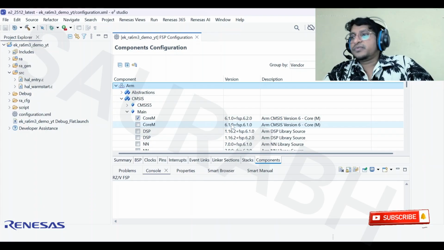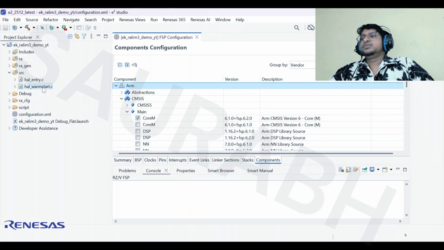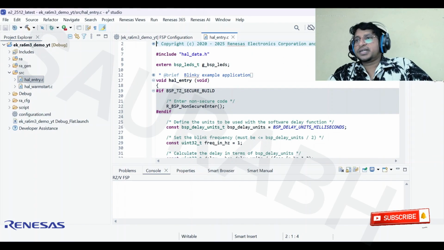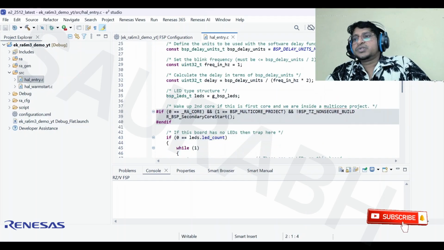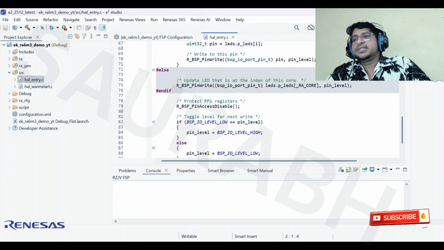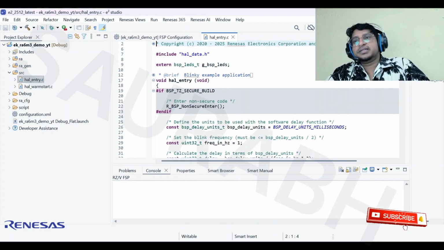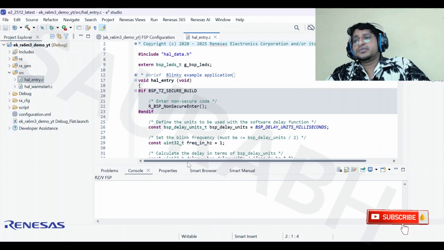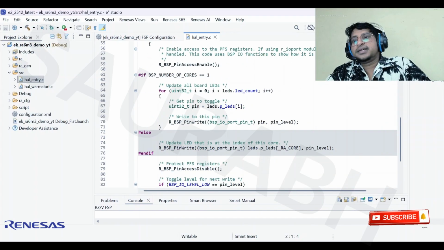Actually, our agenda today is to only build and dump the code so that we can verify whether this setup is clear or not. So in HAL entry, the main code starts from here. How it starts, we'll explain in the next video, where I'm going to create it manually. You can see here, every line has been written by the system only. e2 studio has provided the ready code to burn. That's why I have selected Blinky. So there is nothing to do here. We just have to build this, check the options, and flash it.